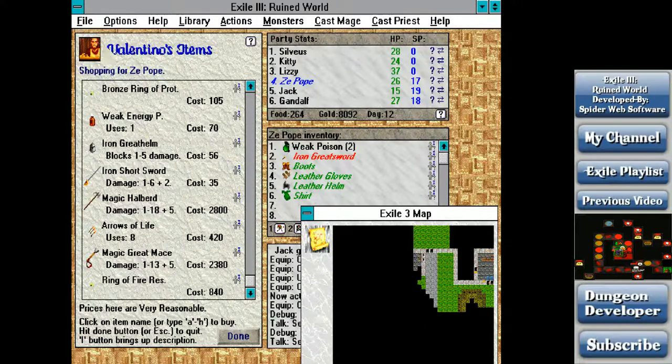Whereas fireballs will hit multiple people, and that's why I'm going to pick up this Ring of Fire Resistance. And I'm going to put it on...